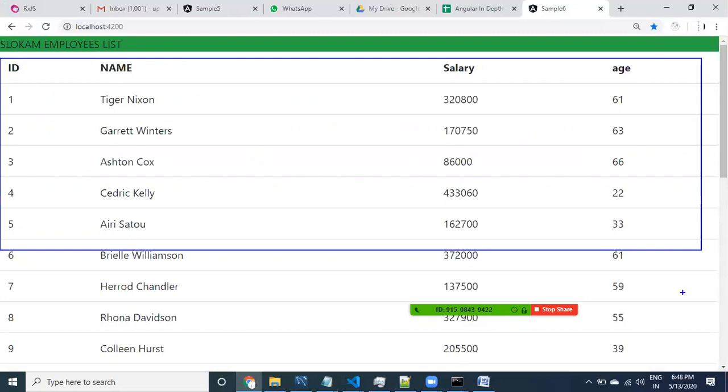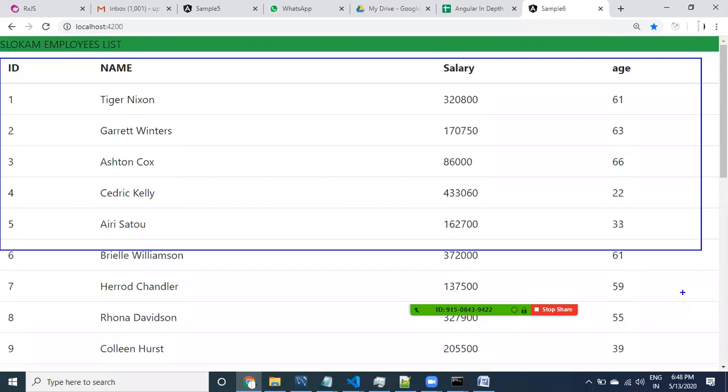When I call the employee table component, it contains the data as well as the logic, so if I call that component, it always displays the same data.